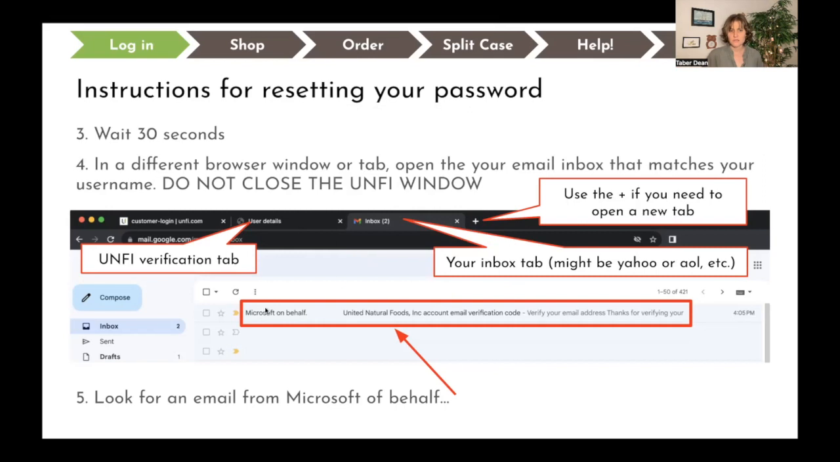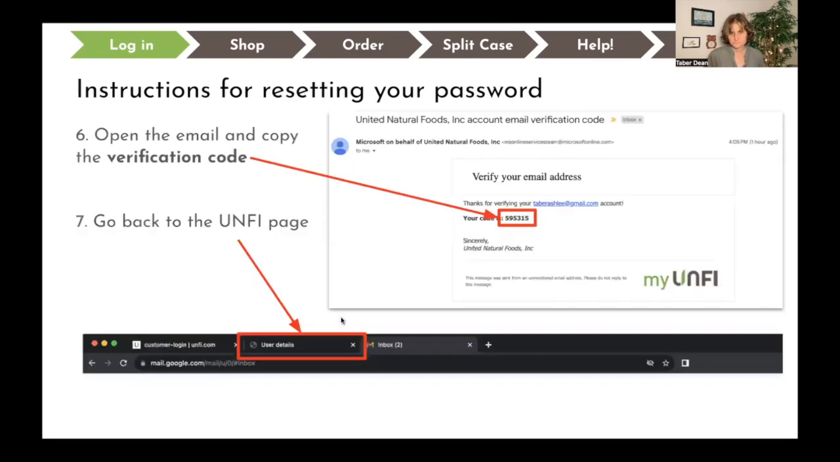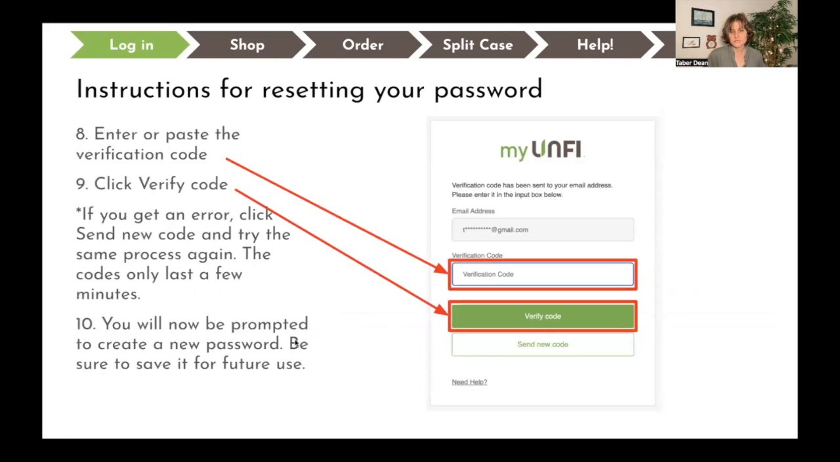Now, once you get into your inbox, you're going to see a message that's from Microsoft on behalf of, probably it cuts off, but it's on behalf of United Natural Foods. And then the subject line will say United Natural Foods. So you're going to open that one up. Then you'll see this email that has the verification code. It's 6 digits. Either note it down, copy and paste, whatever is easier for you. But you're going to grab that 6-digit code and then navigate back to that user details tab, the one that you've left open. And now what you'll see is that you can enter that verification code here and click verify